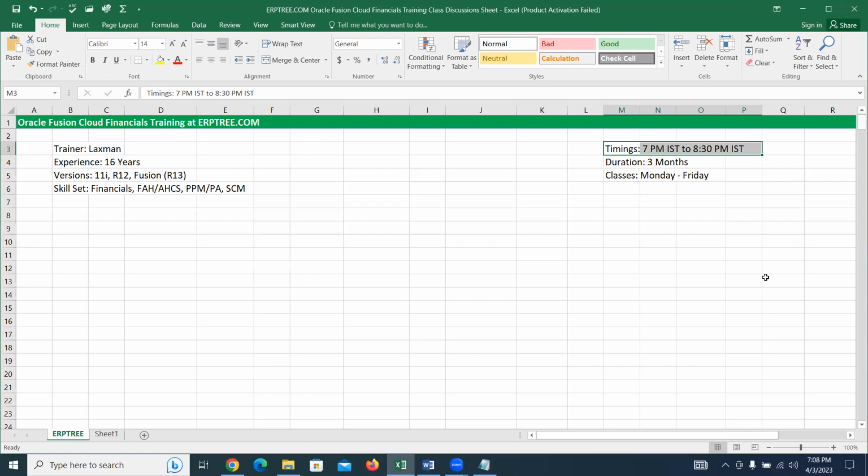So why did we keep 3 months? That is the minimum period where you can invest your time to grab what you really require. We can make it 2 months and run the sessions a little longer and close it. But take a minimum of 3 months so that you have enough time. Even if you are working, you will get some time to practice. I think that is the minimum breathing time to learn this kind of course.